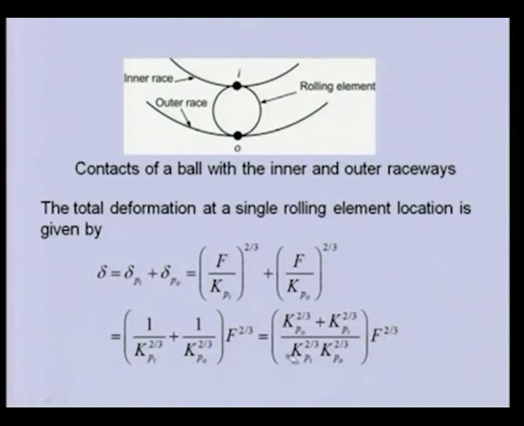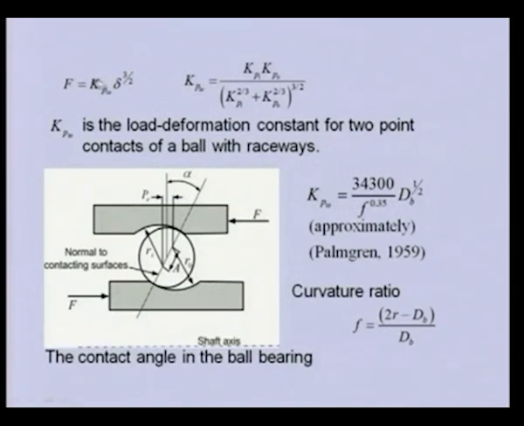So basically this is some kind of equivalent load deformation constant for the two point contacts, which is defined like this, for inner contact and outer contact. Now this particular approximation was given by Palmgren like this, where dB is the diameter of the ball